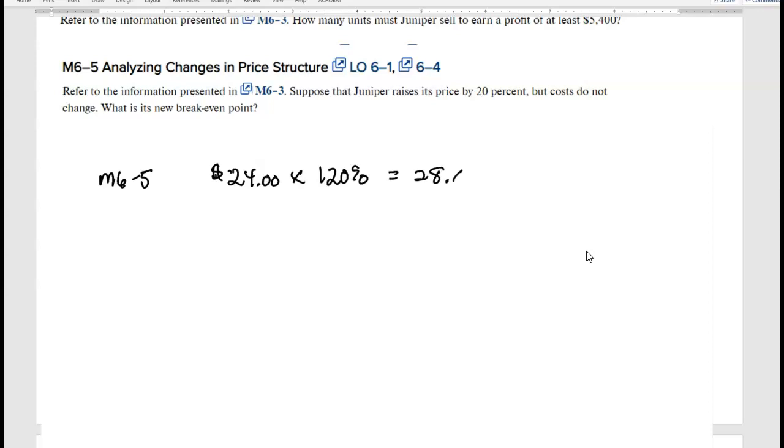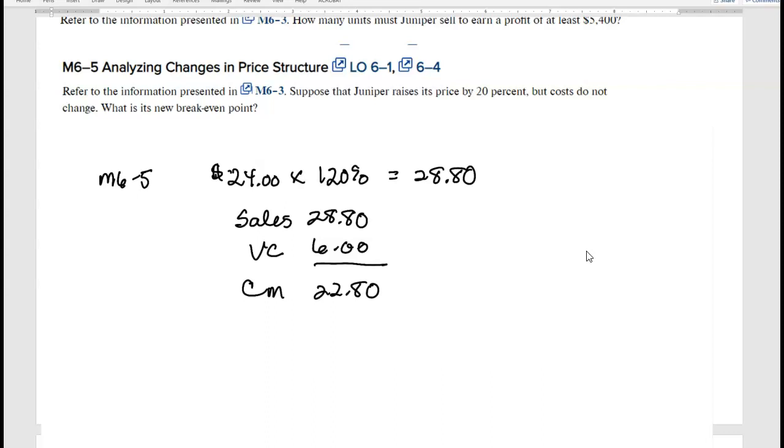And that's $28.80. And then we set up our thing again, sales, $28.80. It said that cost did not change, so our variable cost is still $6. And our CM per unit is now $22.80. Fixed of 6,660 divided by the unit CM, which is $22.80, is equal to